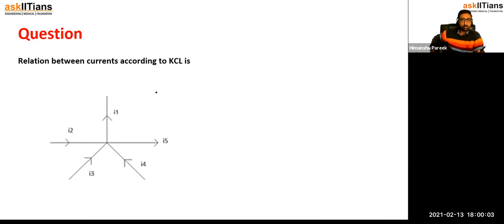So let us solve this question. Find out the relation between currents according to the KCL. Let us do this. So where is the junction? That you have to see first of all. So I can see that the junction is at this place. That's the junction point. So at the junction point,